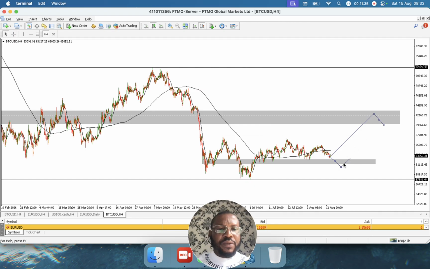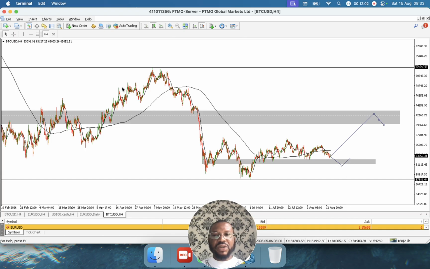So in the coming days, I'll be waiting to see the BTCUSD drop a bit in this zone. When the buyers come in, I'll join them. When the market rises to this point, I'll wait for the sellers at this resistance area. To sell the BTCUSD from this resistance area is my main entry. But in these coming days, we'll be looking for a bullish